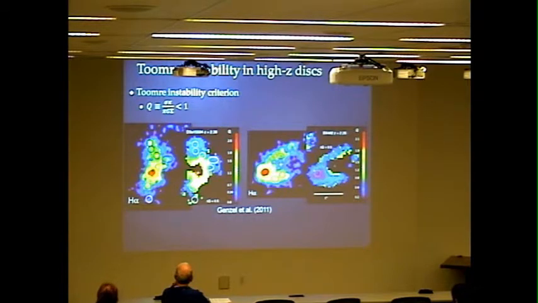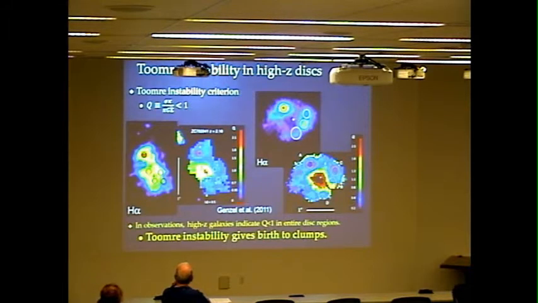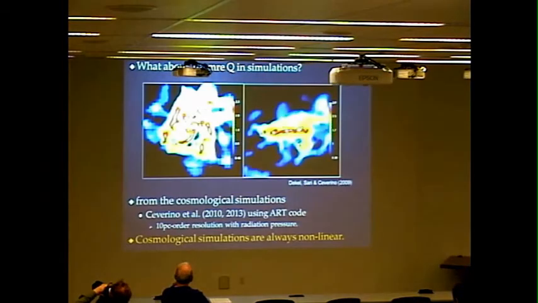The observation indicates that the high-redshift clumpy galaxies show Q lower than 1 in the entire region of the disk except the bulge region. So the clumpy disks typically have low Q. So we can say that Toomre instability gives birth to clumps. Okay, so today, I'll be talking about